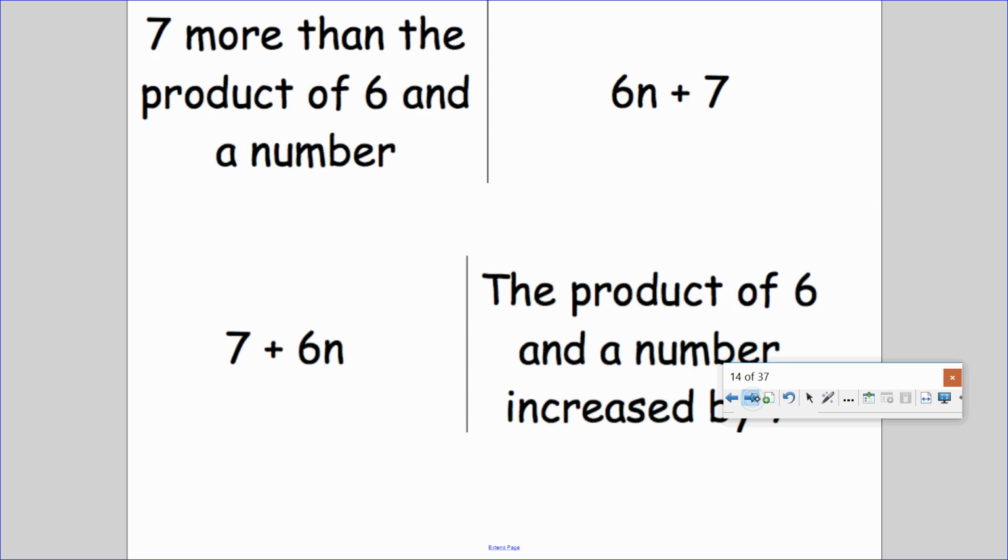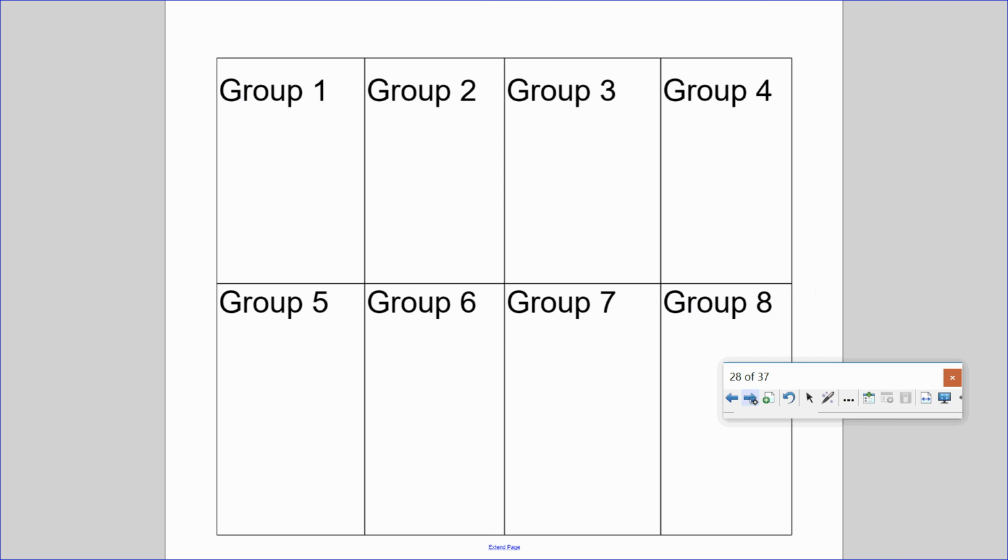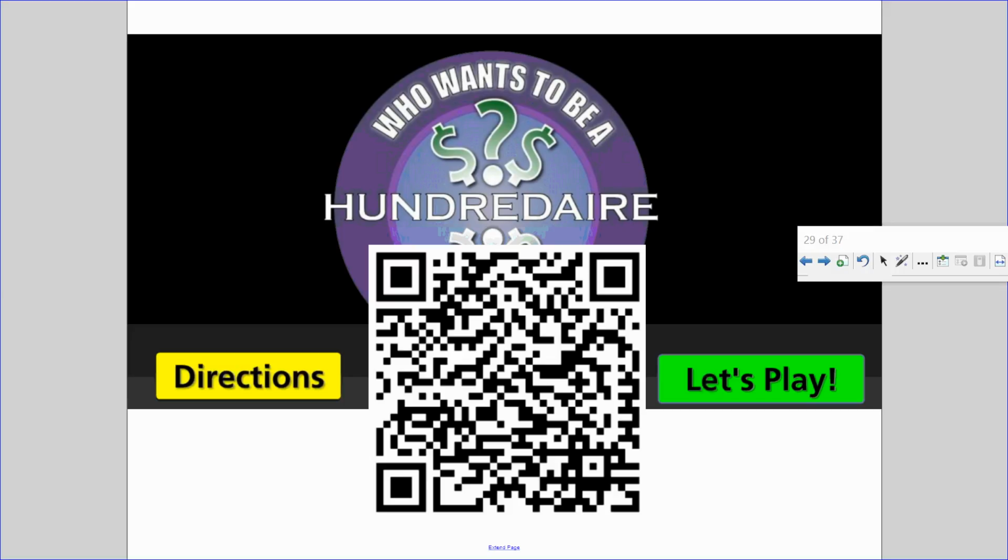Then afterwards, this is a really good website. If you have your QR scan, I'm going to leave it right here. I would like you to scan this. This one also practices how to write algebraic expressions. So please scan this if you would like to try this to help you. I call it Who Wants to Be a Hundredaire. So this is how you write algebraic